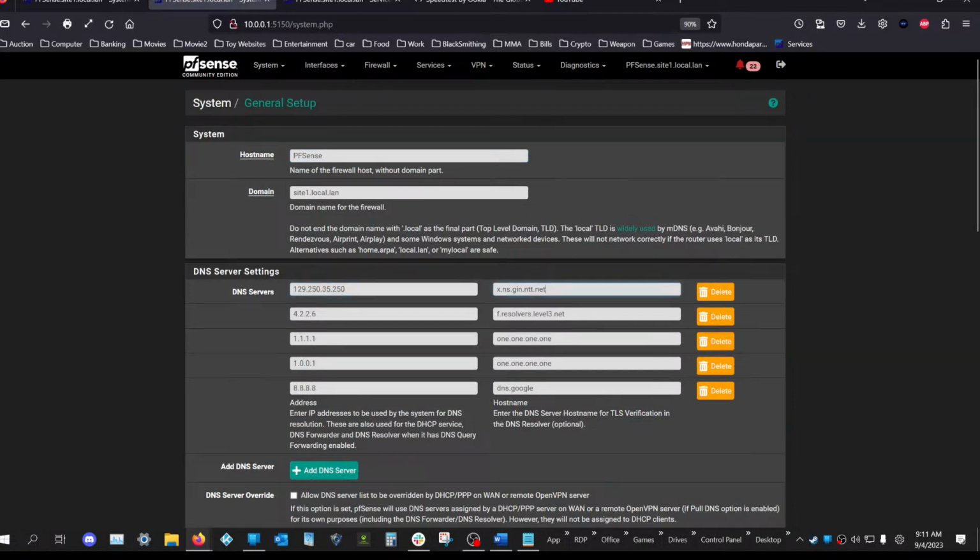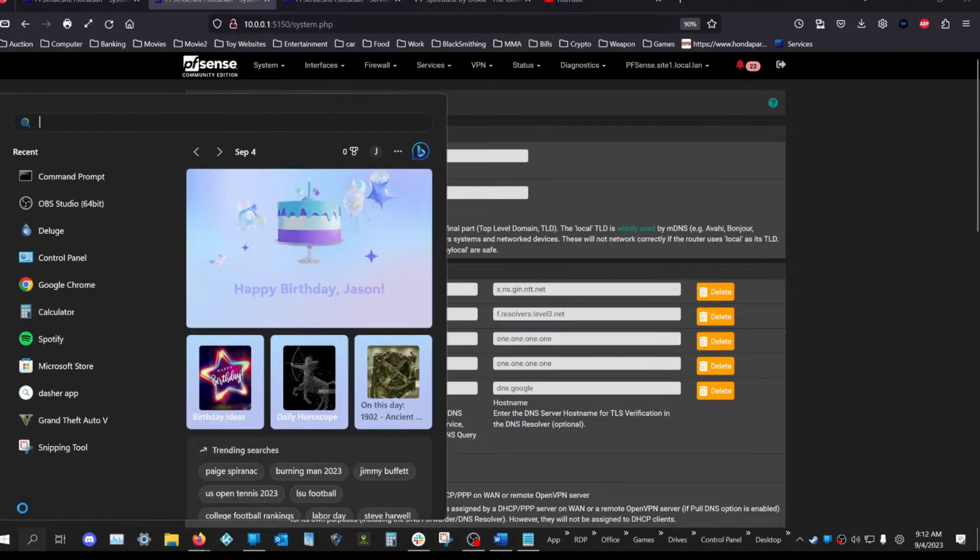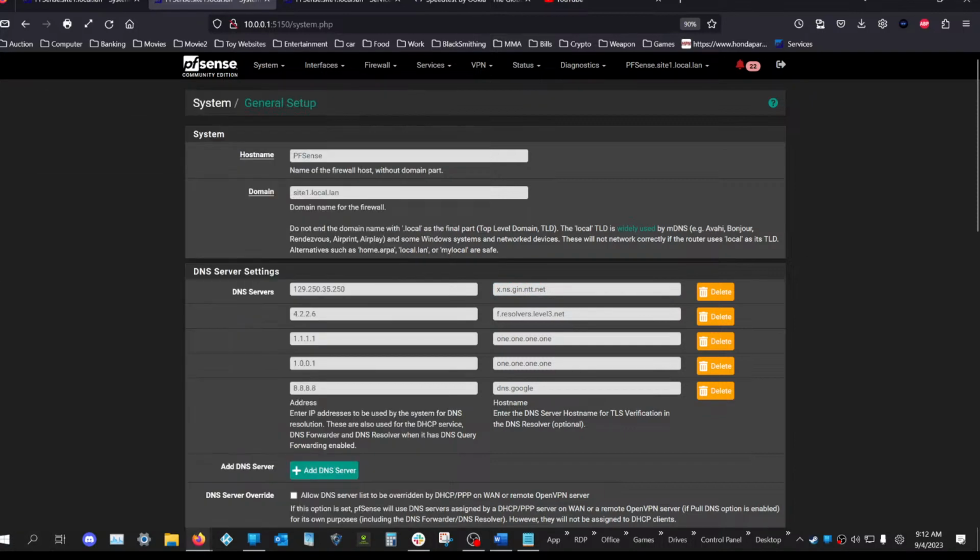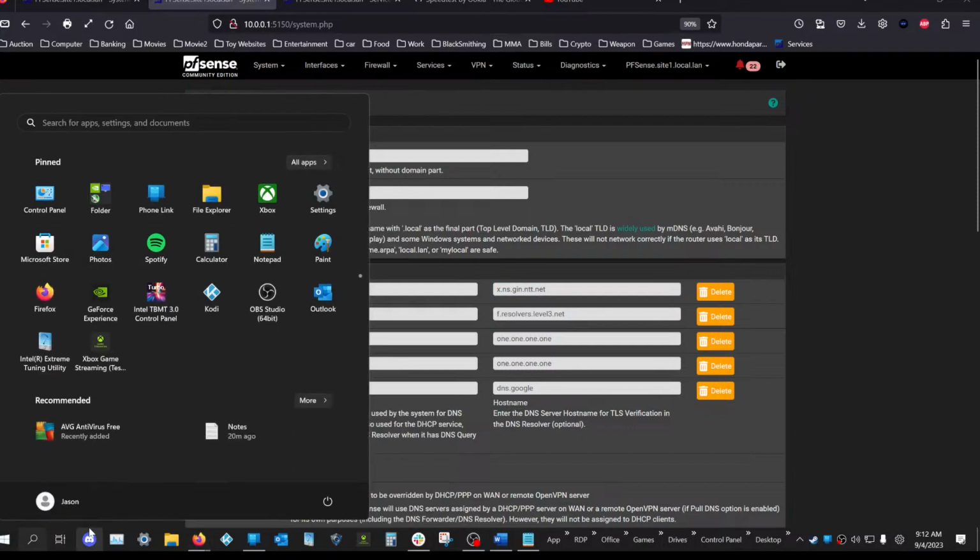And I don't know if it helps or not to have the host name in here. Maybe it doesn't need to resolve the host name. I don't know if it helps or not with speed, but I added the host names. And if you don't know how to figure out what the host name is,